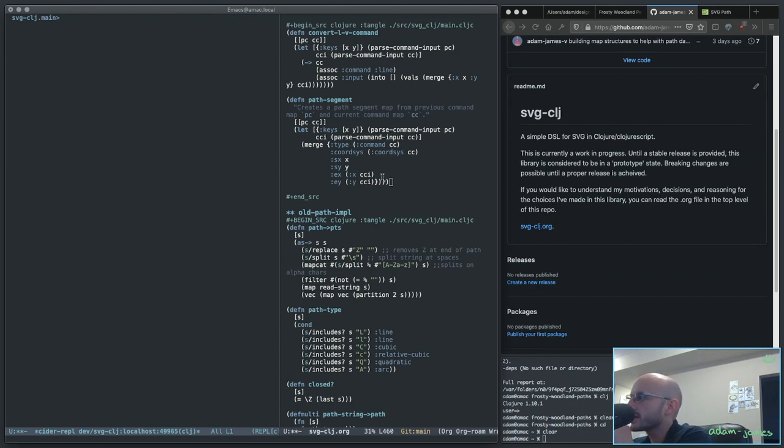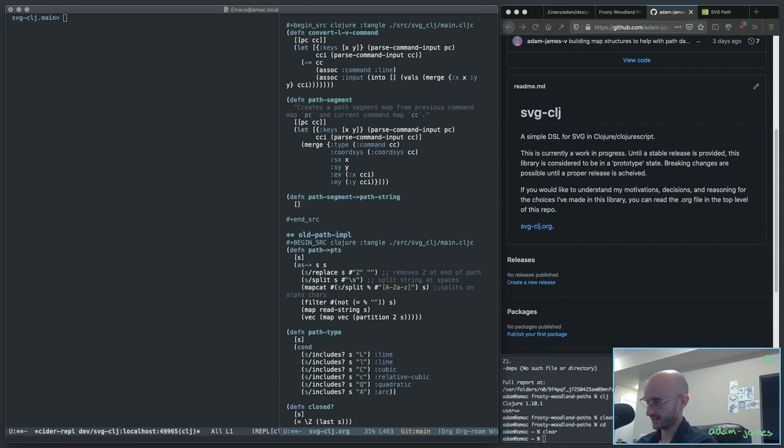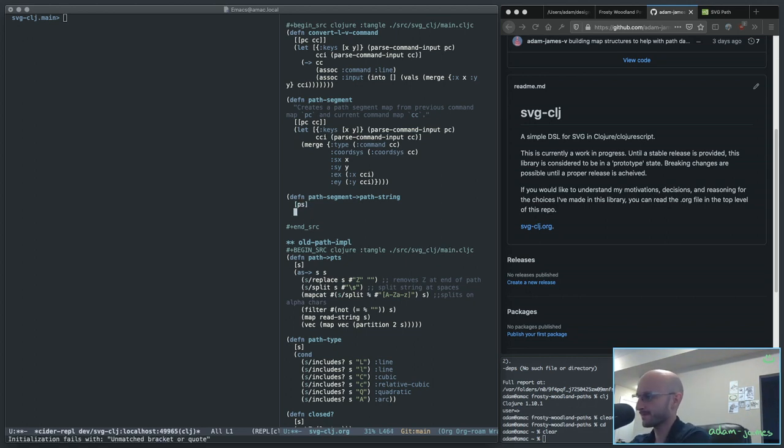Like I said, I want to get this path segment to a point where I can build this string out of it. Let's just make path-segment->path-string. These names are horrendous. Just for the sake of getting this built up so I can tweak it later, I'm going to build this out to take a single path segment map and stringify it the way I want. To do that effectively, I should probably destructure this right away